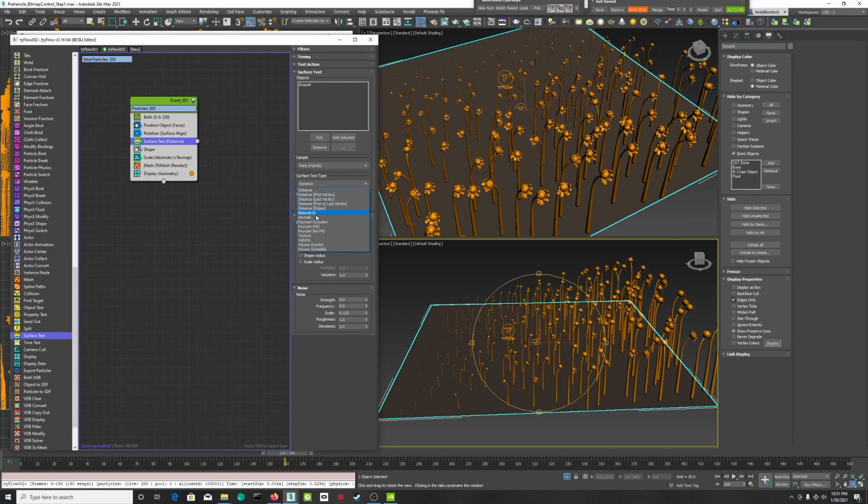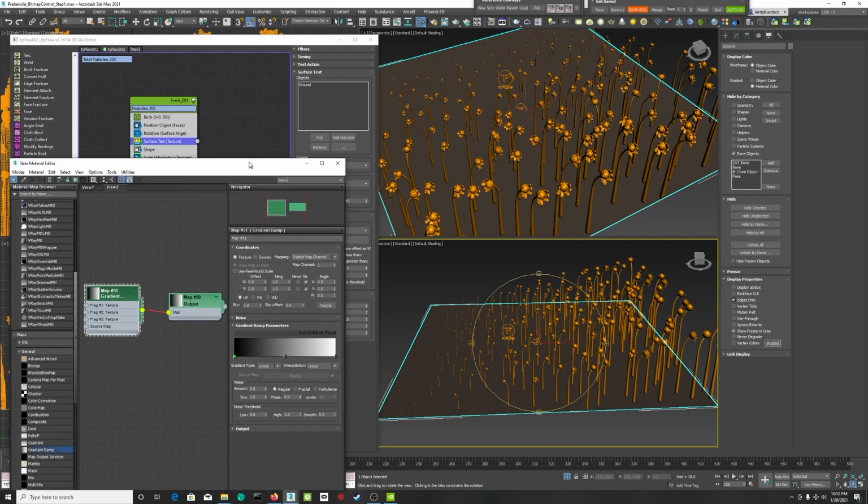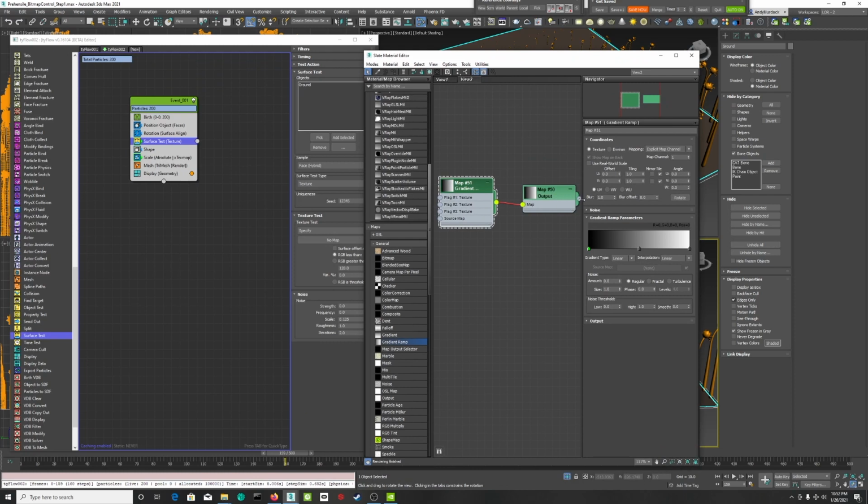Look at all those different tests we can do. We're going to use a texture test. So what it's going to do is it's going to sample the texture wherever that particle is. It's going to grab the texture map value at that point in space. And so we're going to go here and let's take the output of the output. We're going to throw that right in there, and instance that in. Okay,